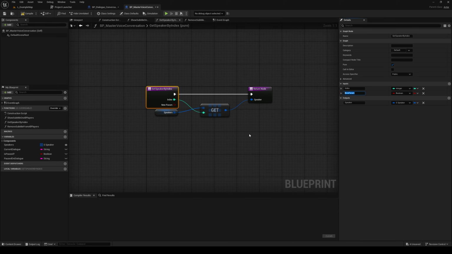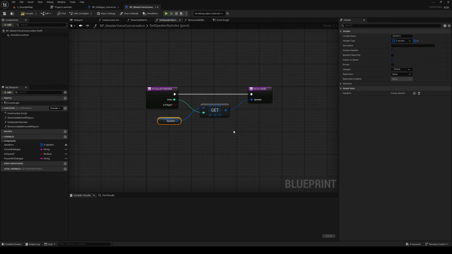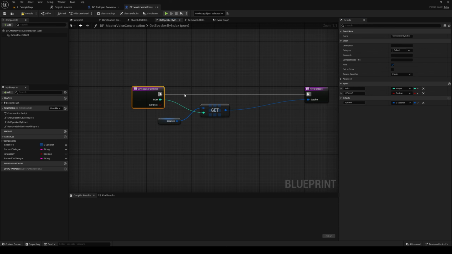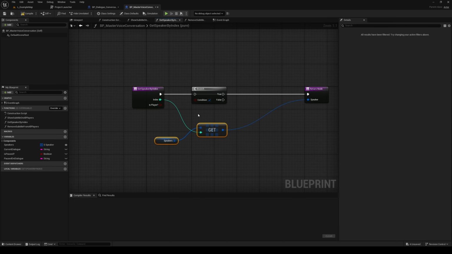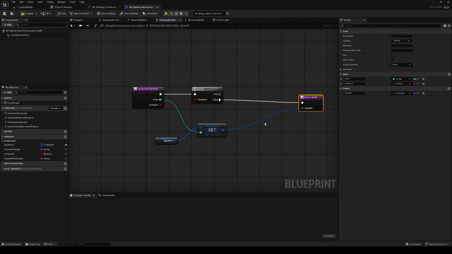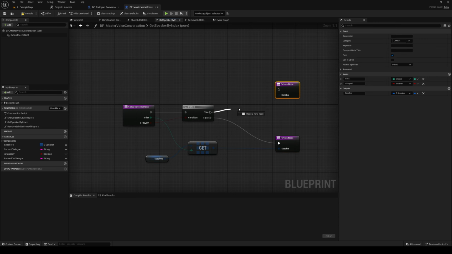I'm going to create a new input, and I'm going to say, I don't know, I'm probably going to do something like is player? And if it is a player, I'm just going to do something. So I'm going to Alt B and click to get a branch. Let me do some space. So if it's not the player, I'm going to do normally, I'm going to use the index of the speaker. But if is player is turned true, I am then going to copy and paste the return node, Control C,